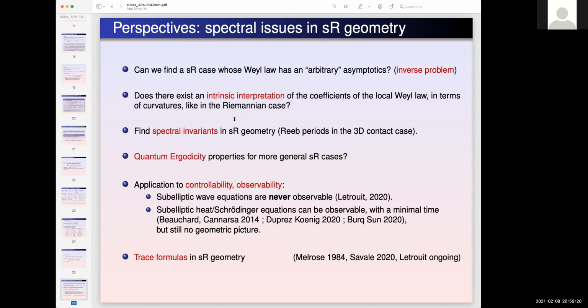So nothing is known about the behavior of the energy of the control when time goes to zero, or to the minimal time? Exactly, yes. There is only little knowledge until now. And even for the minimal time, it is not known what the sharp minimal time is. Let me explain what the sharp or optimal minimal time is. In the Riemannian case,